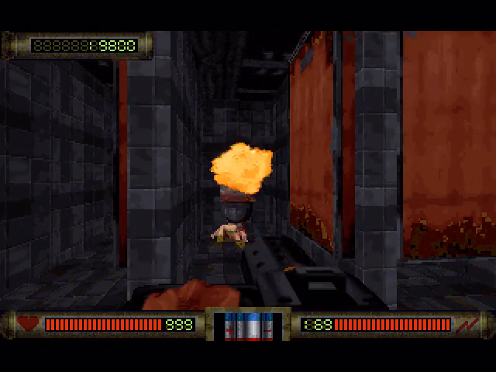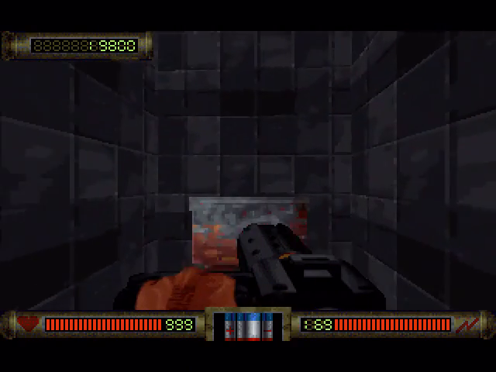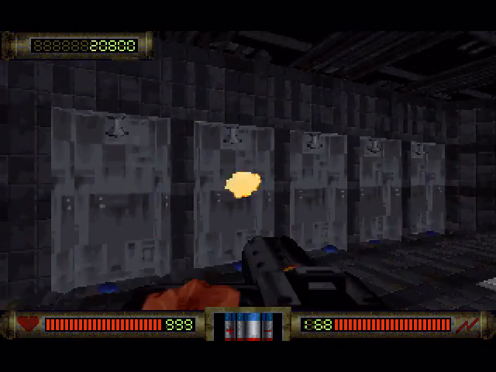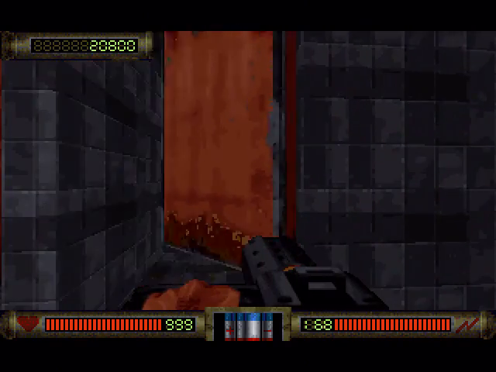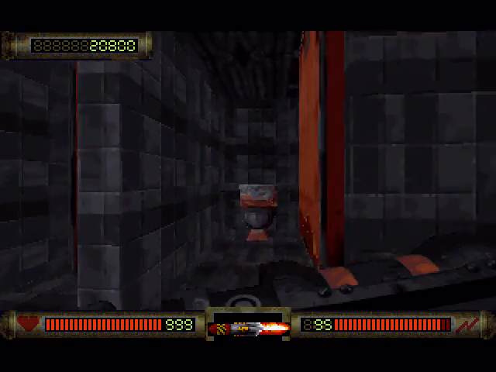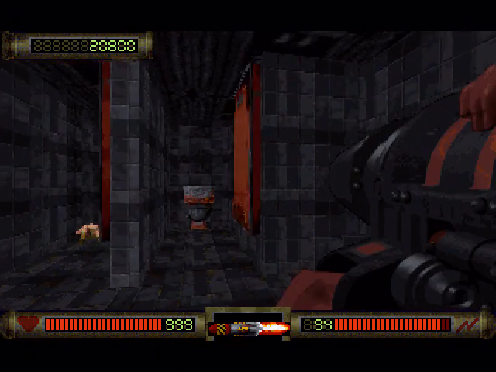So, the developers of this game, I think they scrapped the whole thing and started over. Pretty much little to nothing survived from this version of the game to Duke Nukem 3D, except like 10%. Even the RPG was